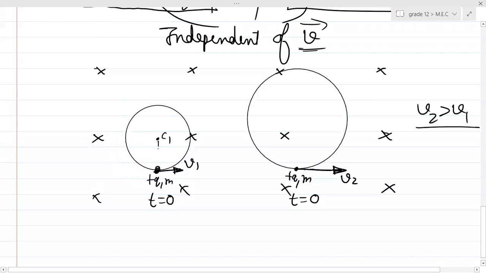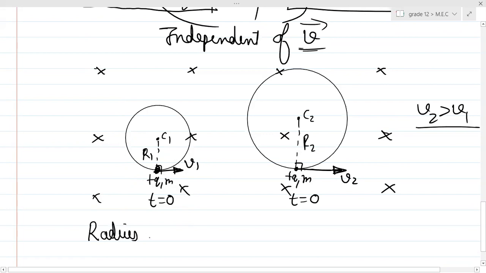This is the center of the first circle. This is the radius r1. This is the center of the second circle, and this is the radius r2. Yes or no? Hello? Yes, sir. So guys, see, when I throw them with different velocities,